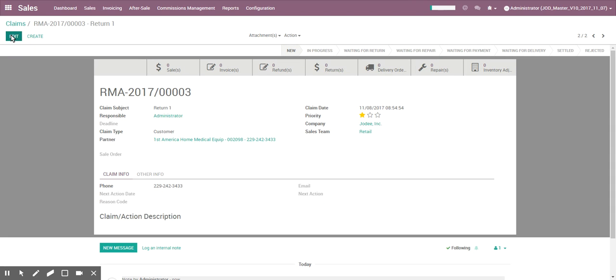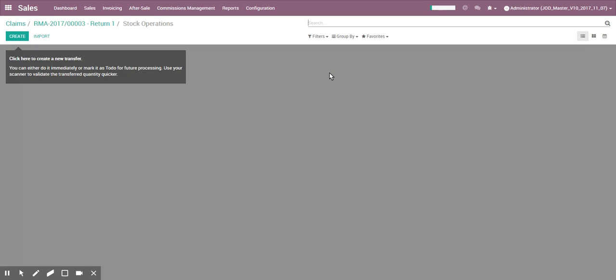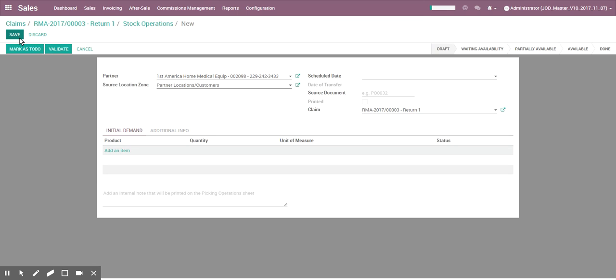You can save. Then in a typical return, you're going to have an incoming shipment and a refund, or maybe you're going to send something else to the customer. So let me just enter a return to start with. I'm going to create it. The partner information is automatically filled in,